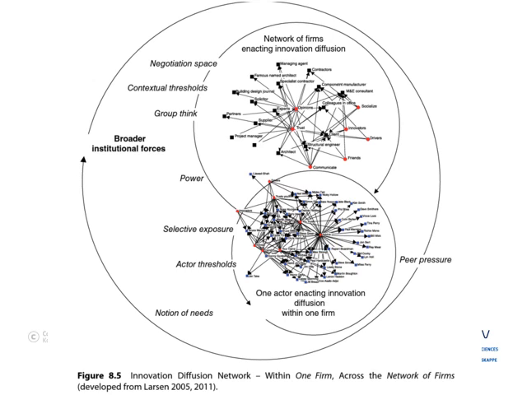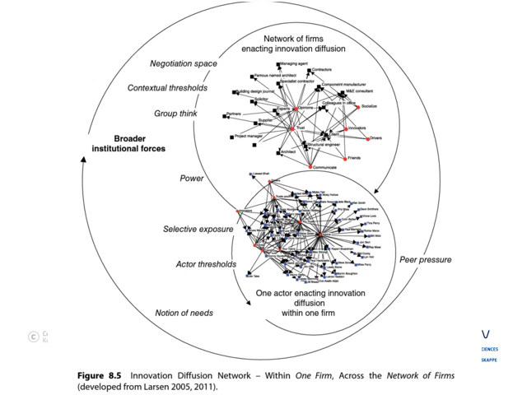Okay, then we skip network diagrams. Figure 8.3 is network of firms enacting the innovation diffusion process. It gives you a bit more perspective, so I want you guys to go through that for me. And then 8.4 is also network firms enacting the innovation diffusion process. So it just looks at other enactors of diffusion. So I want you guys to have a look at that for me as well.